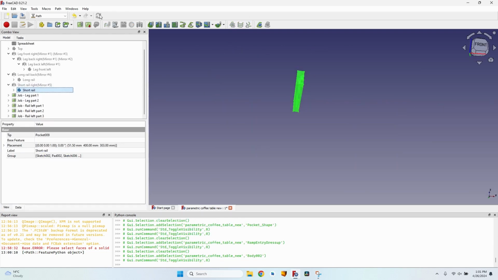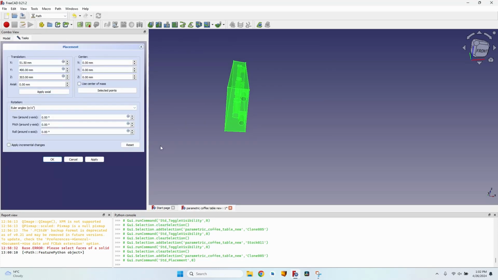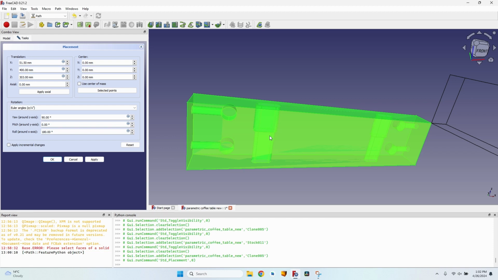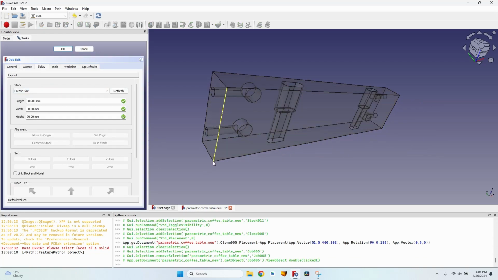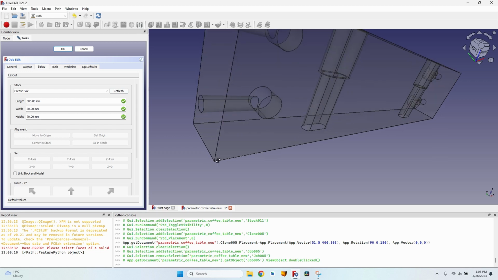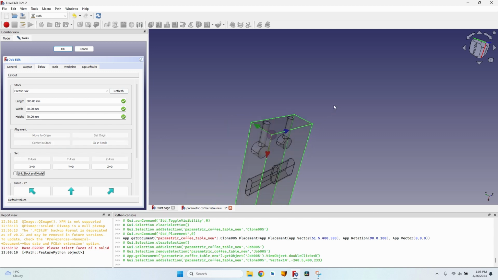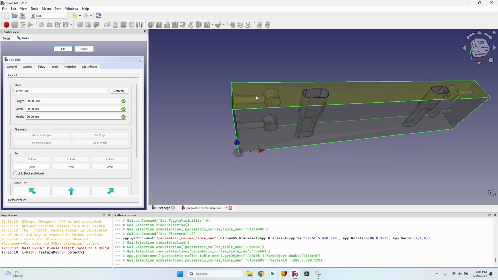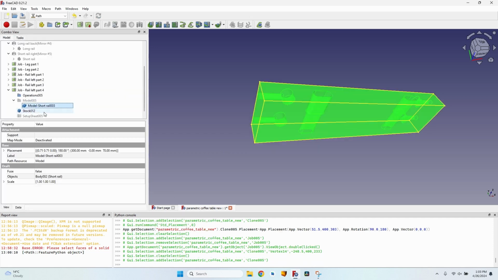Now select the short rail again, create a new job, go to the model, click on edit, placement, so I can mill the larger part of the hole and what was left from the first operation for this hole. I will click on OK, go to the job, go to the setup tab, change extend models bounding box to create box, click on the bottom left corner. If I cannot select it, I can rotate the body and it's much easier to select it this way. Click on set origin, make sure it matches the way I'm going to position it on the CNC. Click on OK to close the job, and now let's modify the model